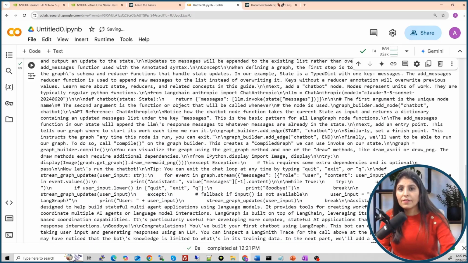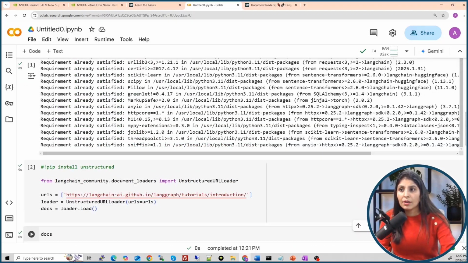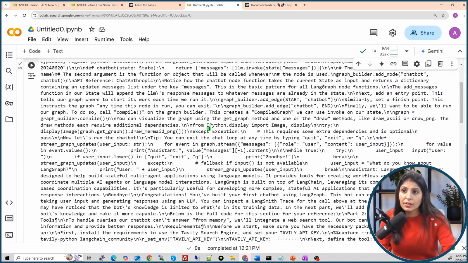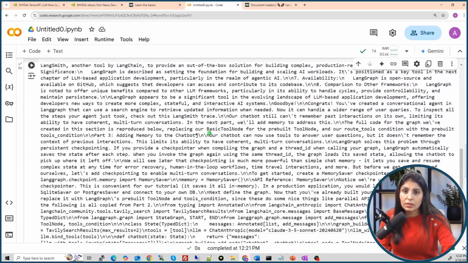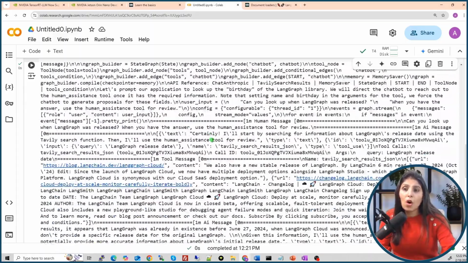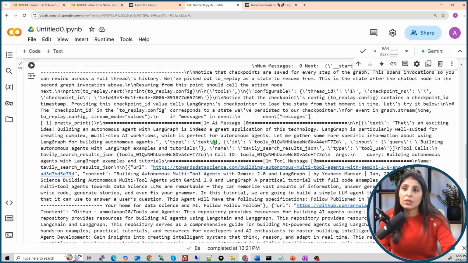We have this data in the docs variable, where we have loaded our document, right? This is so much data, see. Now, if you feed all this data at once to your LLM, what will happen? This is a big document, right? If you feed this whole data at once to your LLM, what will happen? We have two problems over here.